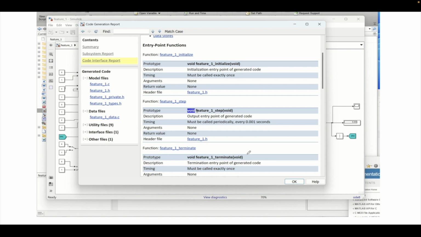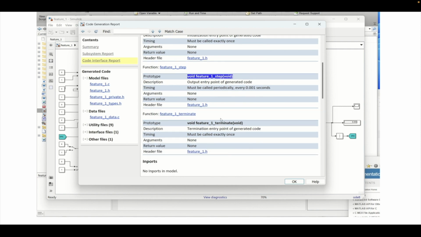The next function is the terminate function. It is somewhat similar to the init function. The init function executes when the initialization needs to be done, and the termination function executes when the model simulation is about to end, when we have to stop the execution. Once the execution has stopped, the things that we need to take care of are usually defined in this termination function. So this is all about the different functions, and the header files are correspondingly written in